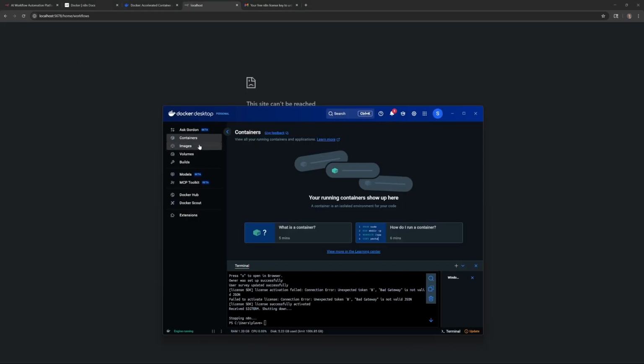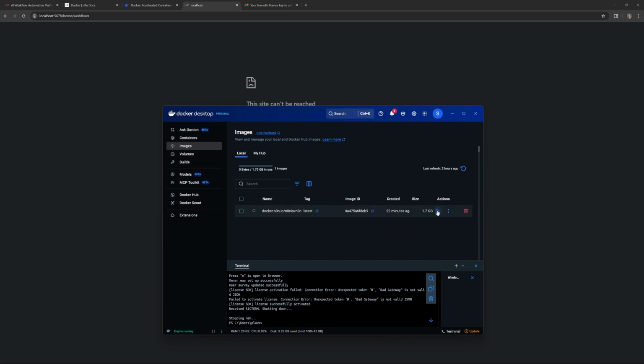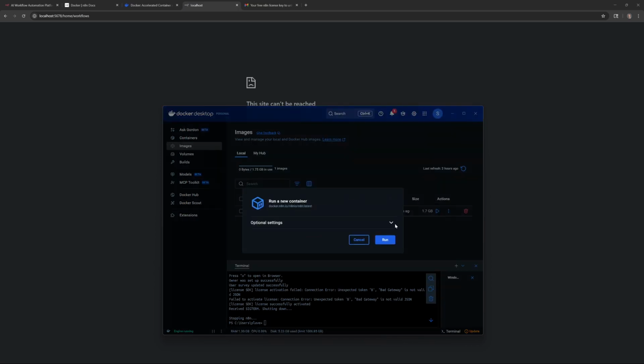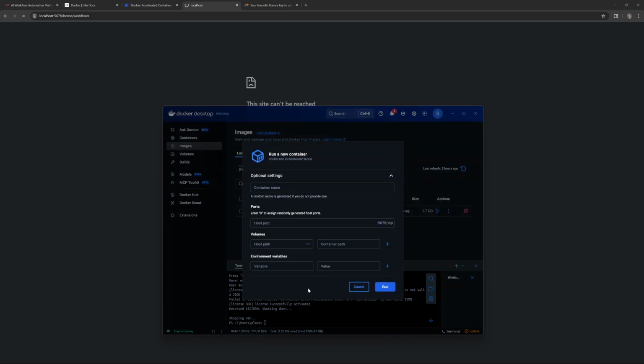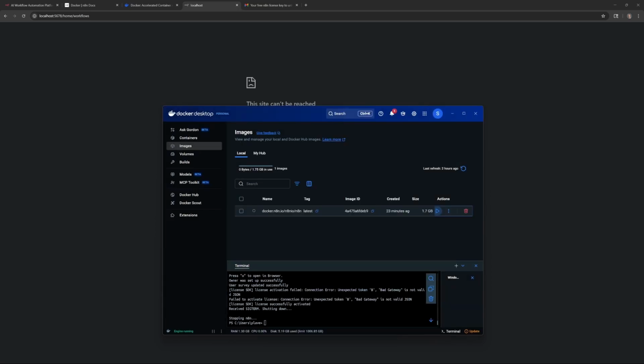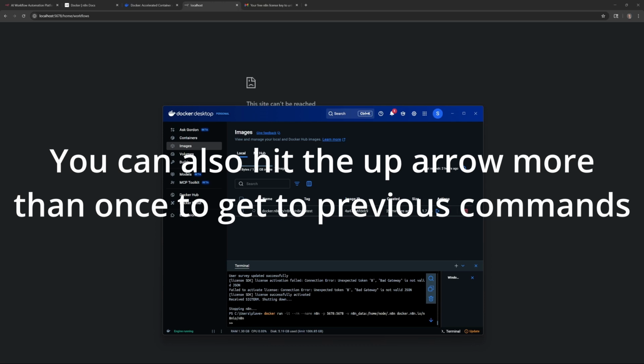Then just for example, if I try to refresh this page, it's not going to be able to find it. So to restart it, typically you'll see on other videos where they say, click on this run, and then you need to fill in all this information. But if you just go into the terminal, all that information will already be there, and you'll know for sure that you're using the same data that you had previously. It's all set up with the right host path and container path and the ports and the name. So all you gotta do is bring up terminal again, hit the up arrow. It'll give you the last command that you just put in.